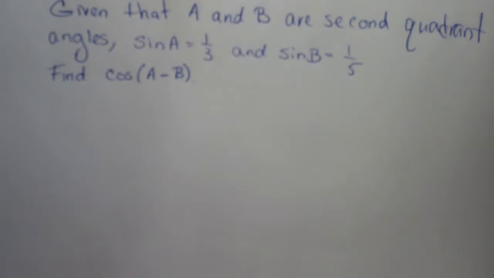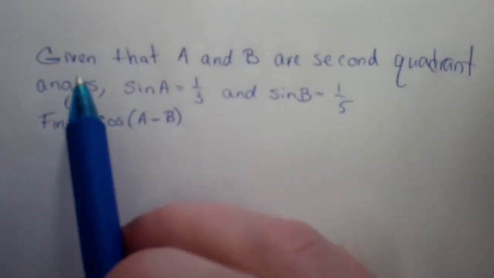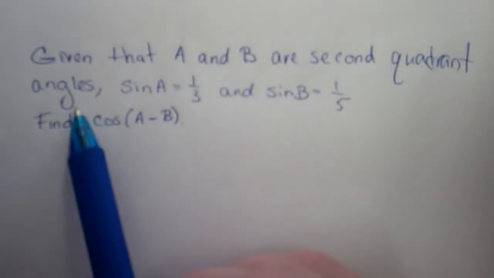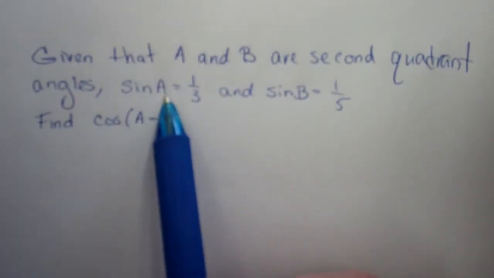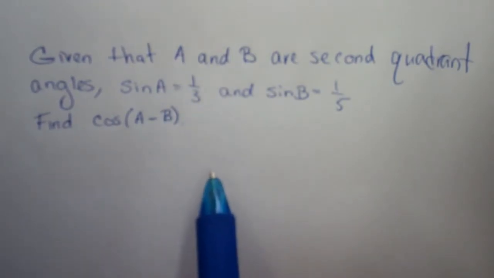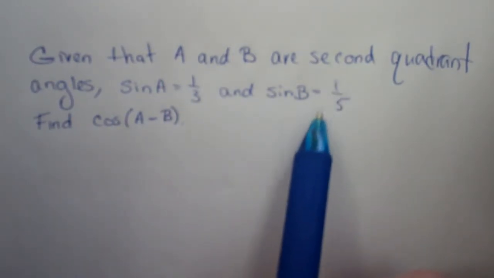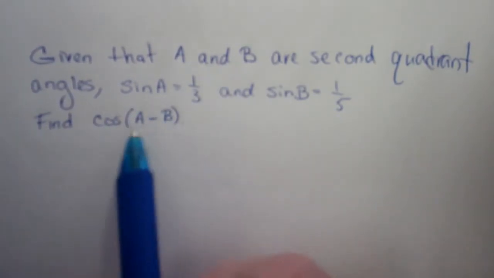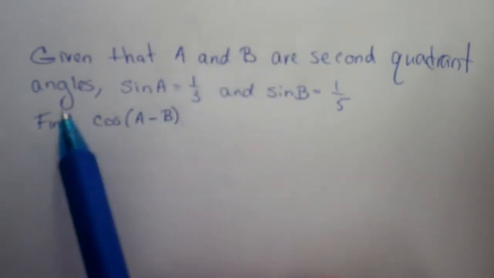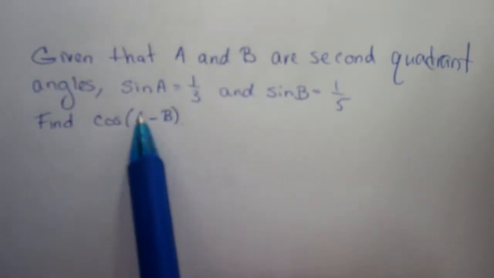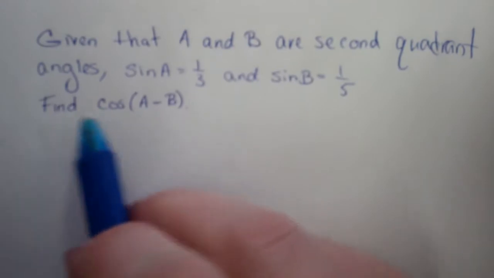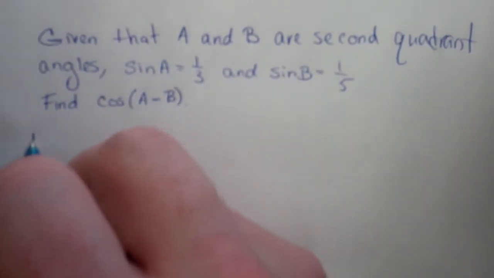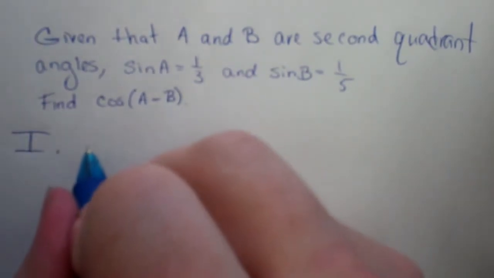So let's read what this question is asking for. It tells us that given that A and B are second quadrant angles, the sine of A is equal to 1/3, and the sine of B is equal to 1/5, it wants us to find what is the cosine of A minus B. These are two angles, and it wants to know what is the cosine of this angle minus that angle. So, for problems like this, where we're working with trigonometric formulas, the first step is,